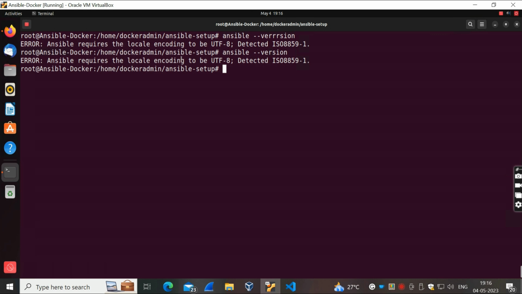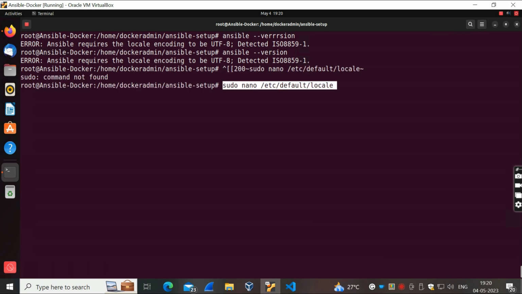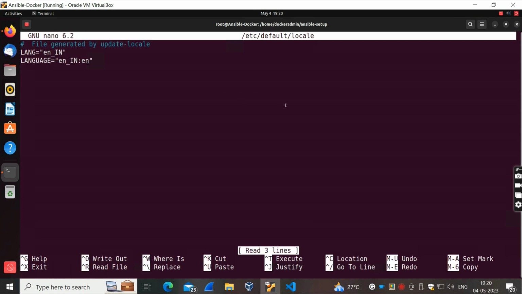This is the locale encoding value which is required when Ansible is used. This is the part where you can see there is no UTF-8 encoding. You can delete whatever is there here,